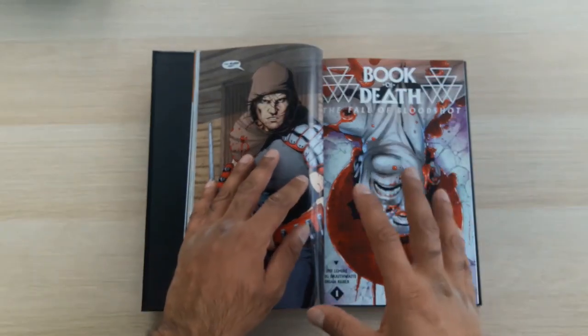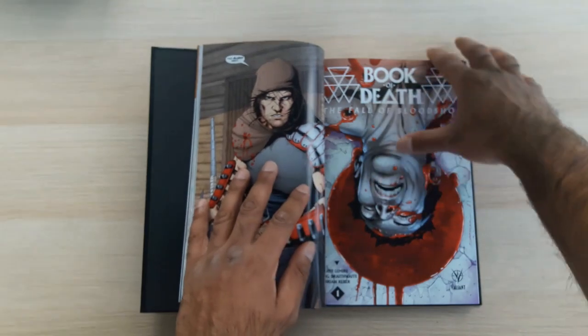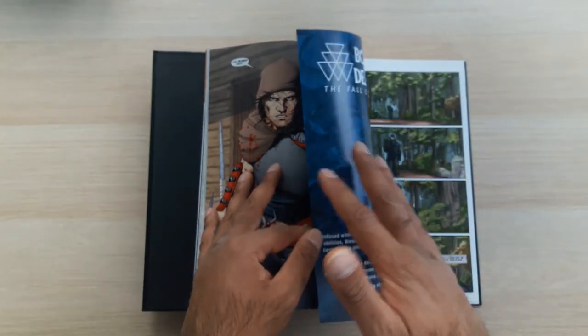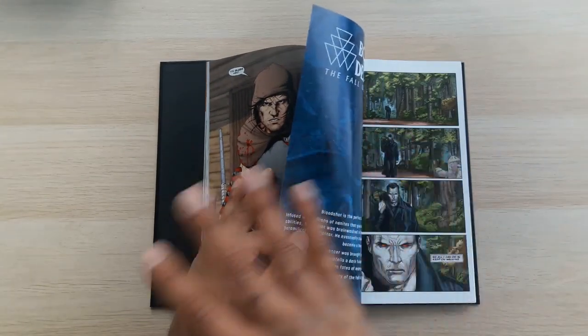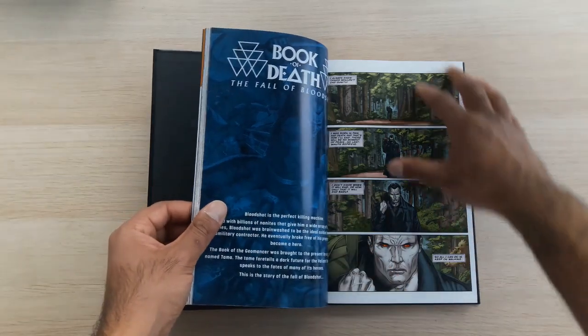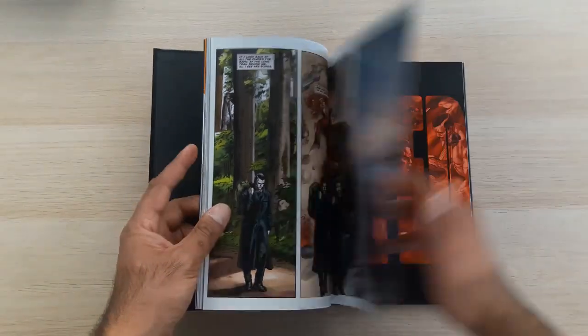And something to keep in mind is that these one-shots that come as part of the wider Book of Death literally don't have to be interspersed the way they are. They could either be read completely separately, or they can be read after the Book of Death, or they could not be read at all. So this one here, The Fall of Bloodshot, we've seen before in one of our Bloodshot Deluxe editions, and it's